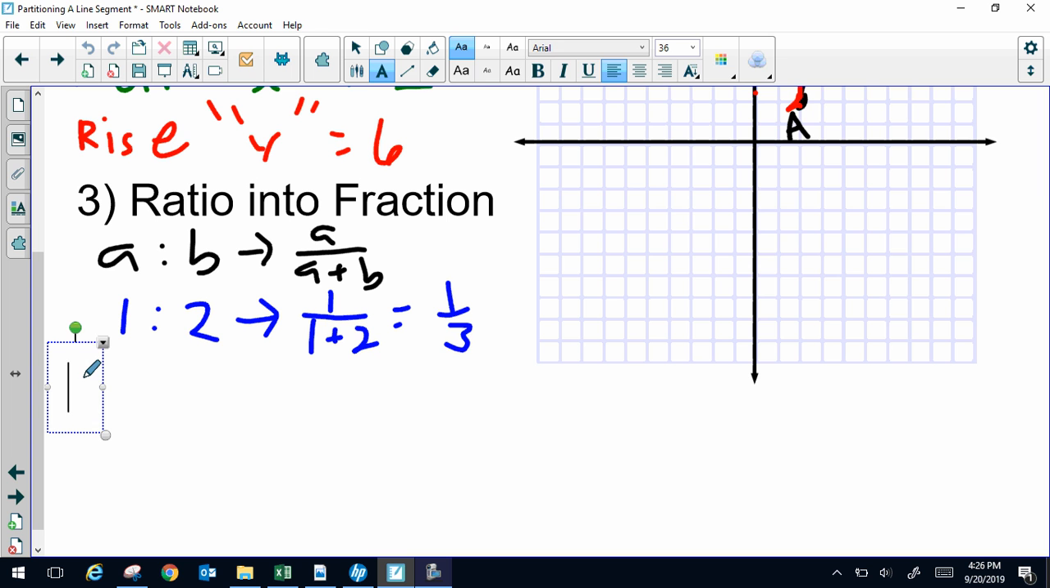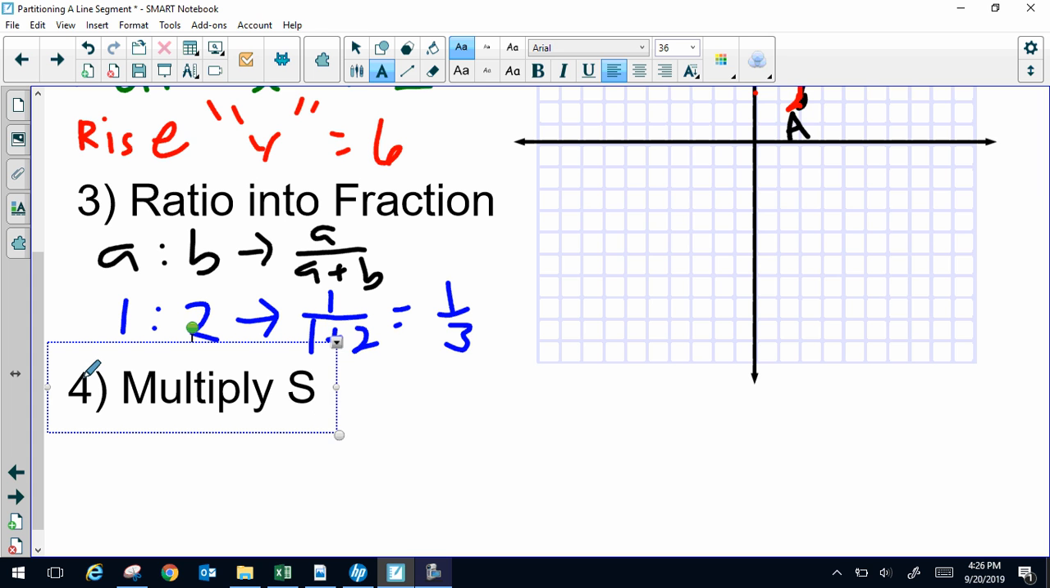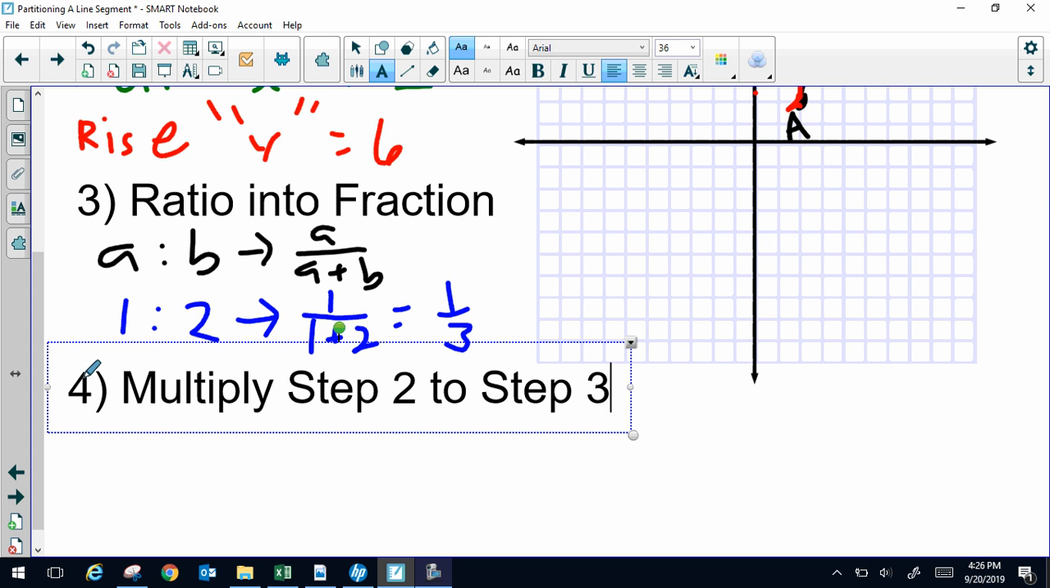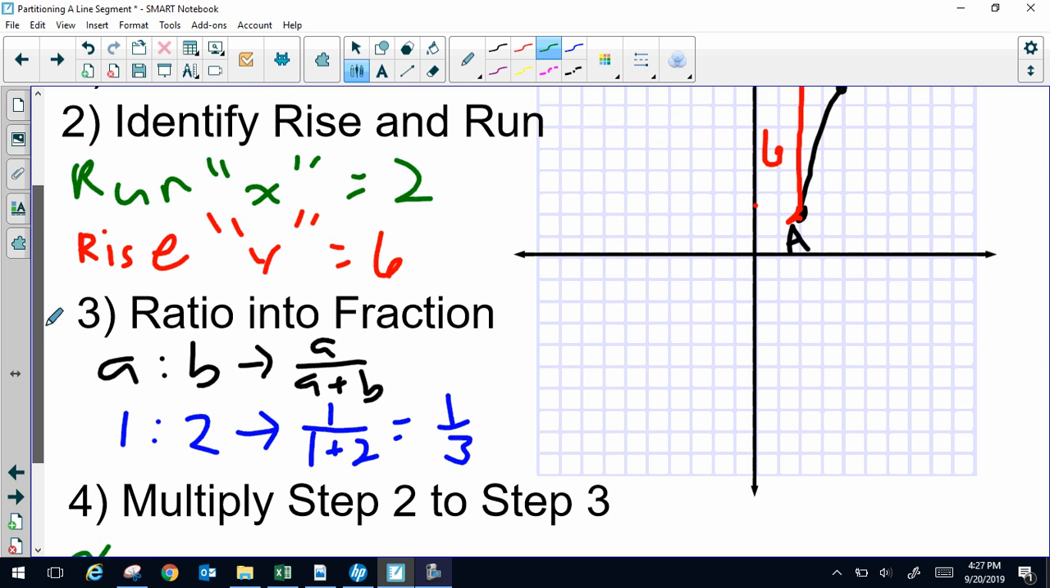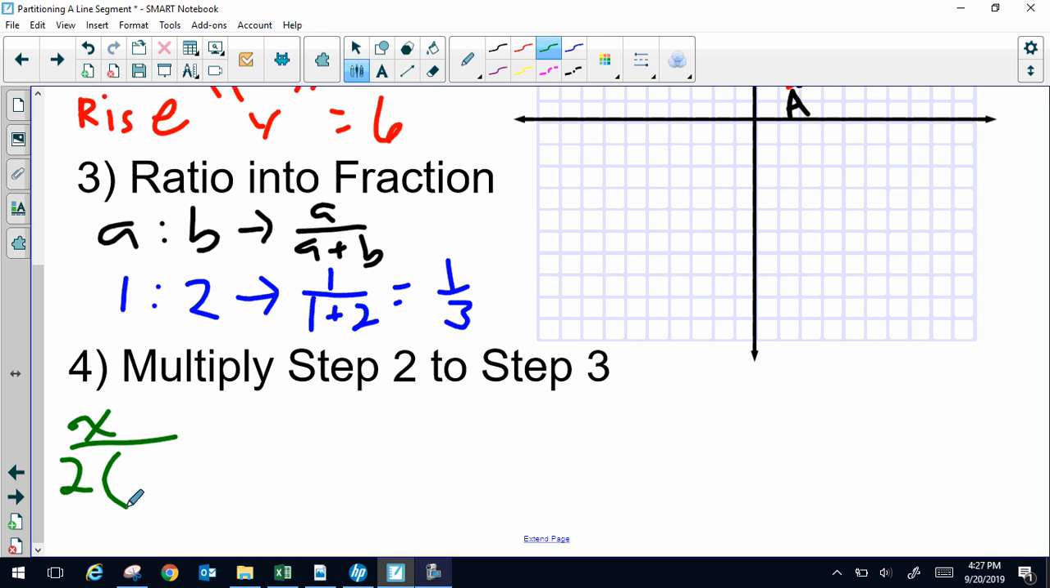Okay. So, step 4. Step 4 is to multiply step 2 to step 3. Okay, so what I mean by that is you had an x from step 1. So let's look at our x first. The x from step 1 comes from right here, so it's 2. So it's 2 times the fraction from step 3, which is,